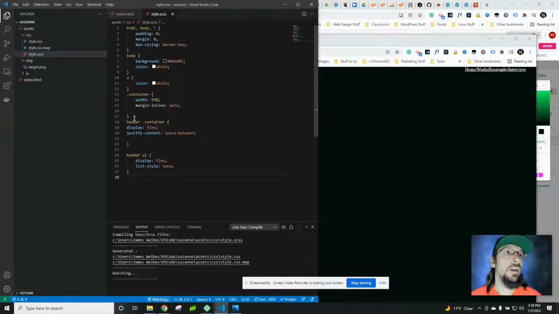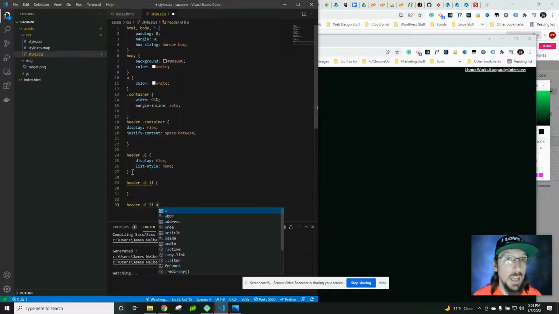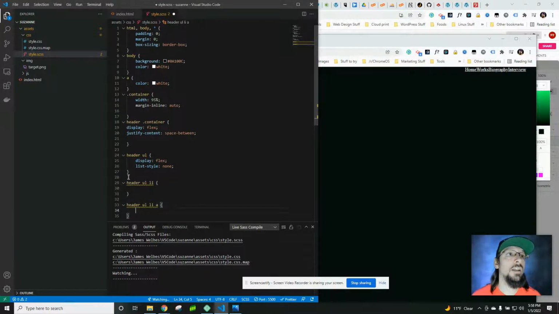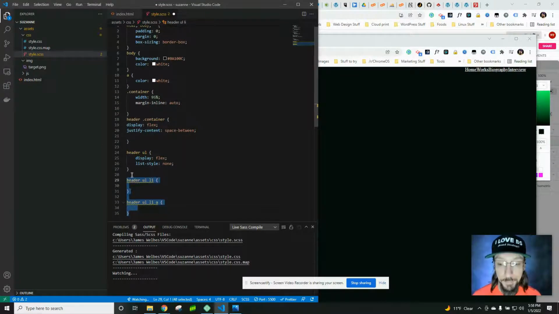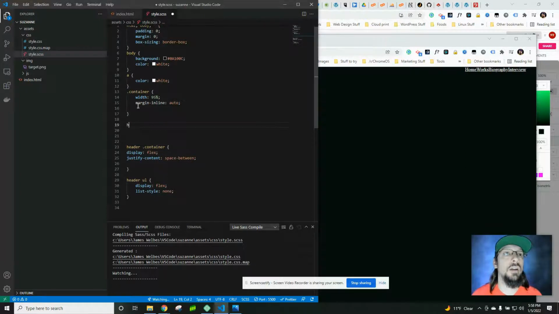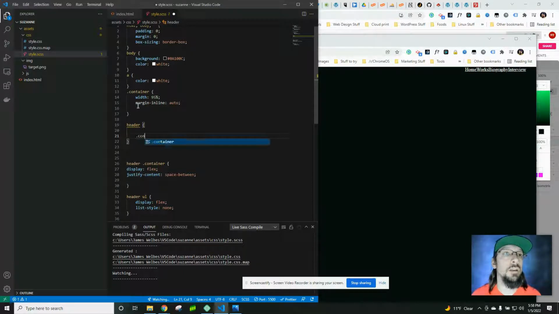Like so. You see how I had to type header and then .container, and then I typed header UL, and now I want to target the LI, so I would go header UL LI, right? And then after that, I would go header UL LI A to target the links inside there, right? This gets a little repetitive. Here's what I'm going to do instead. Since I'm using SCSS, I can do this. I'm going to say header, and then I'm going to say dot container,